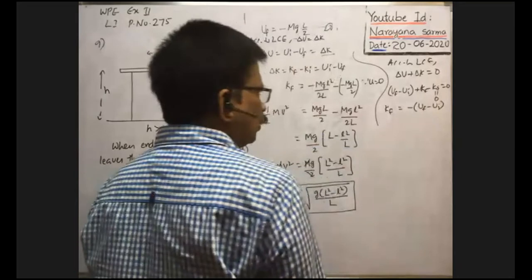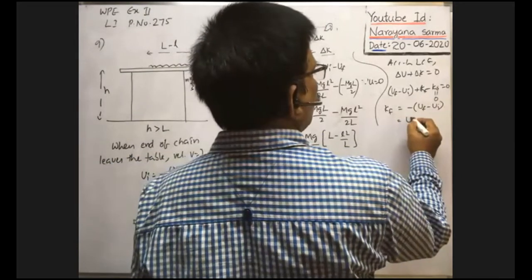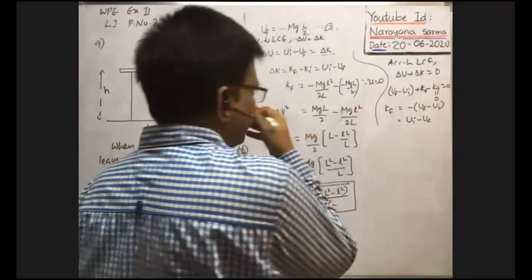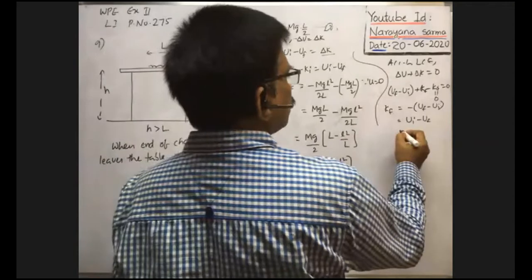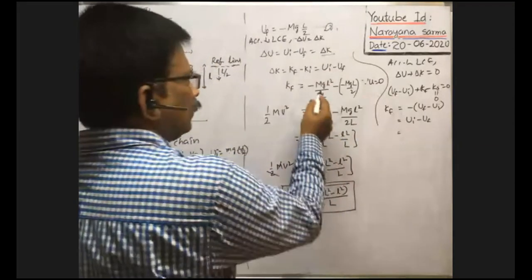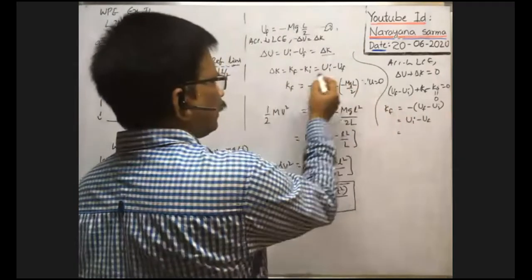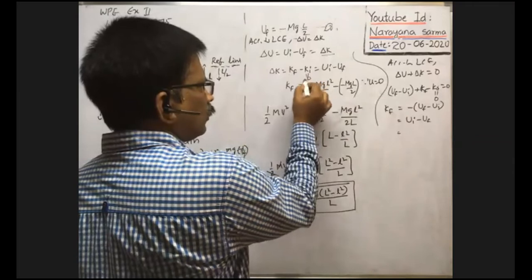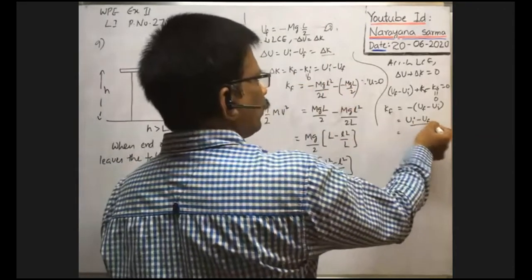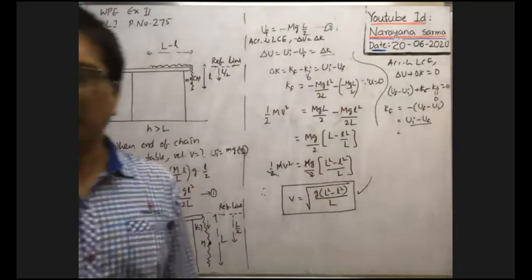Minus of UF minus UI. So this is equal to UI minus UF. Okay. U initial means, what is the U initial value? U initial is this one, no? So minus, again, if you substitute like this, already you see, this is equal to 0. So final kinetic energy is equal to UI minus UF. We got UI minus UF. If you substitute here, finally you'll get like this. This is a concept.